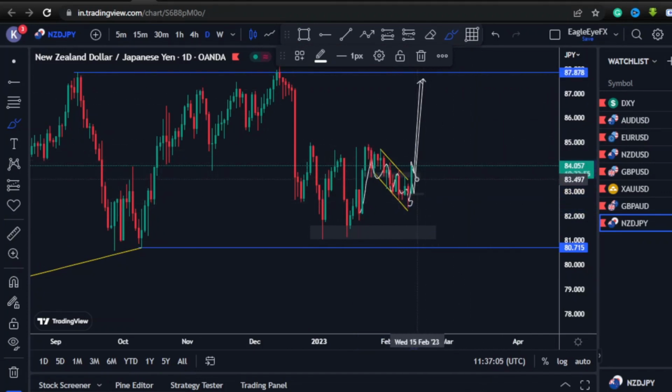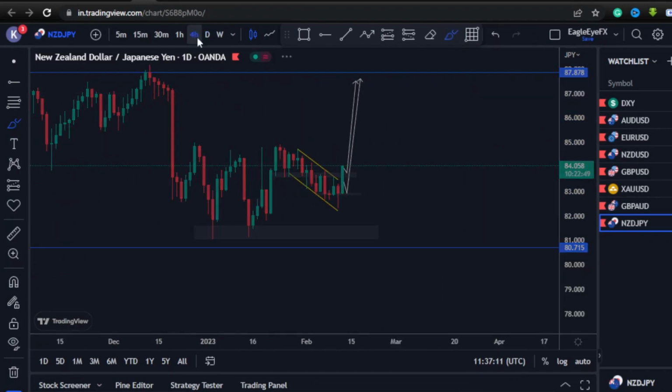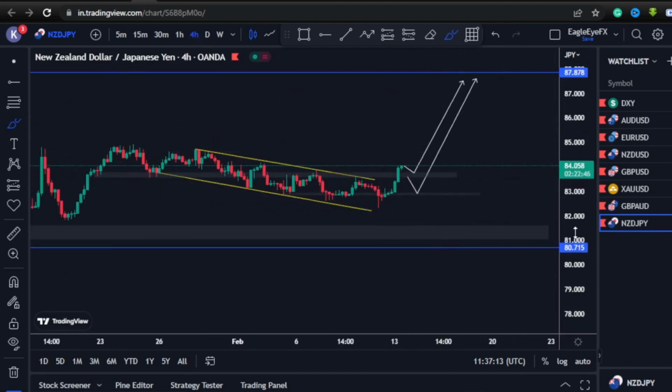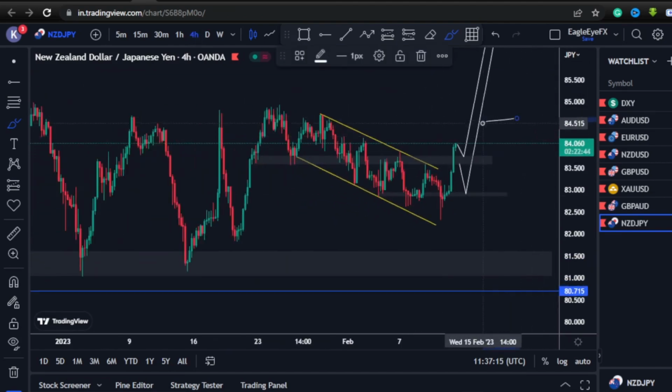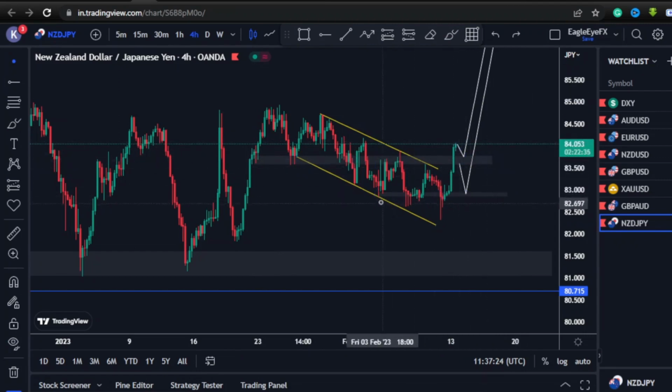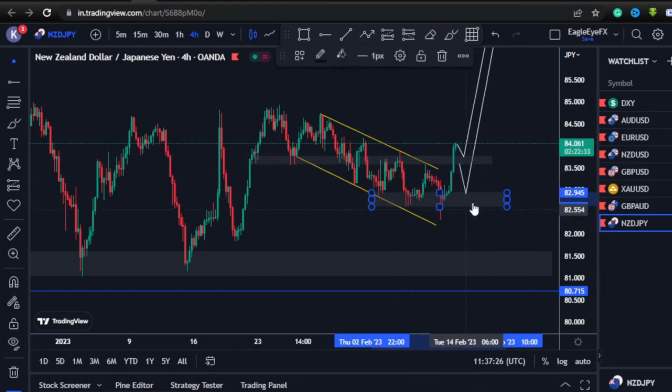So I was looking for some sort of correction before I can be interested in this pair to the upside, because you can see that this is very clean that this thing is going to go to the upside. So I was looking at two possibilities: either it will come to this level before it goes up, or it could come all the way down to this level